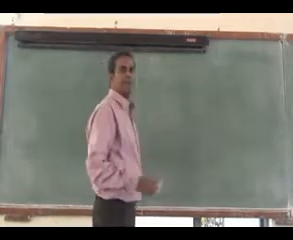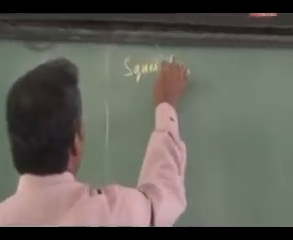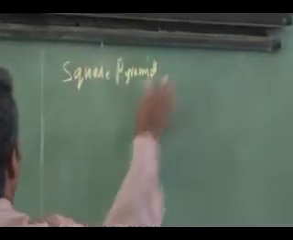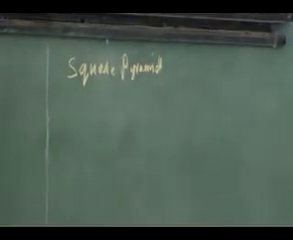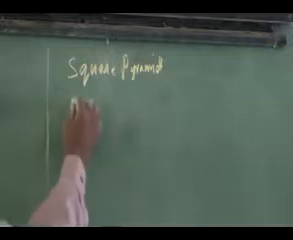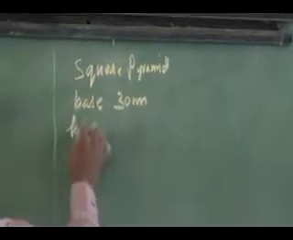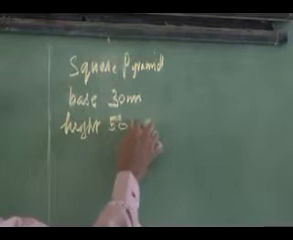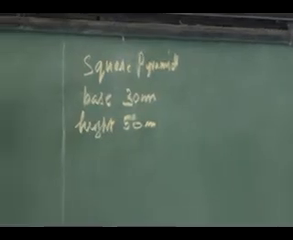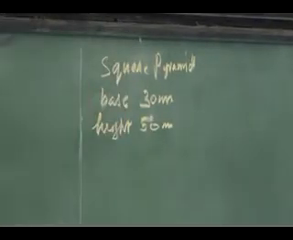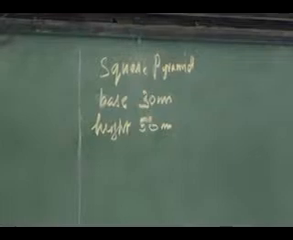A square pyramid of base side 30 mm and height 50 mm is kept on the ground with its base vertically kept on the ground, such that